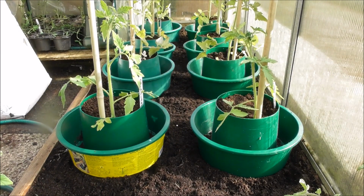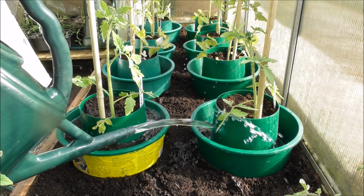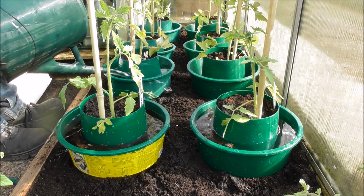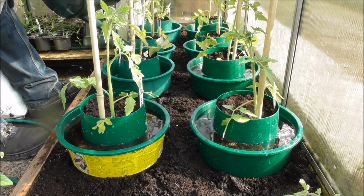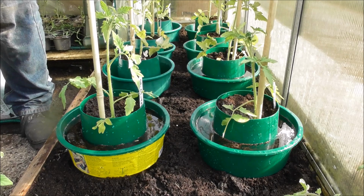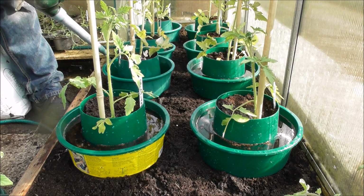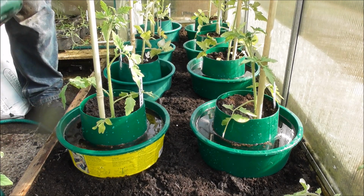Perfect. Fill them up like that. This is the first watering, so I've got another hose, another water can somewhere. Not much water in it. There we go. Right, so I've got to go and get some more water, folks, but yeah, we're going to